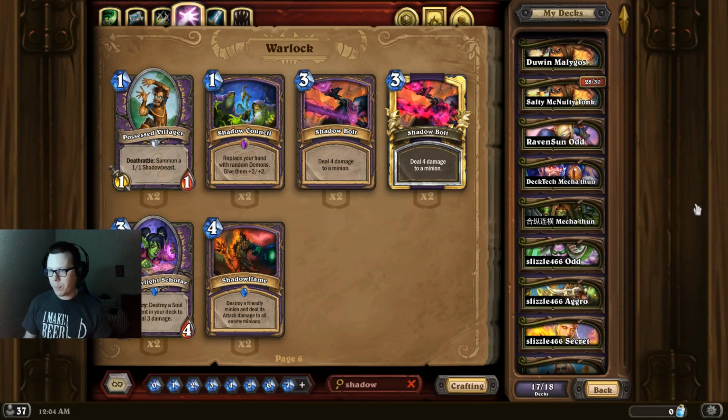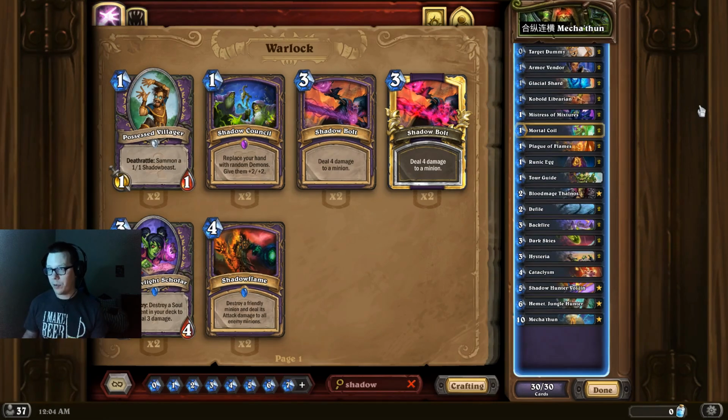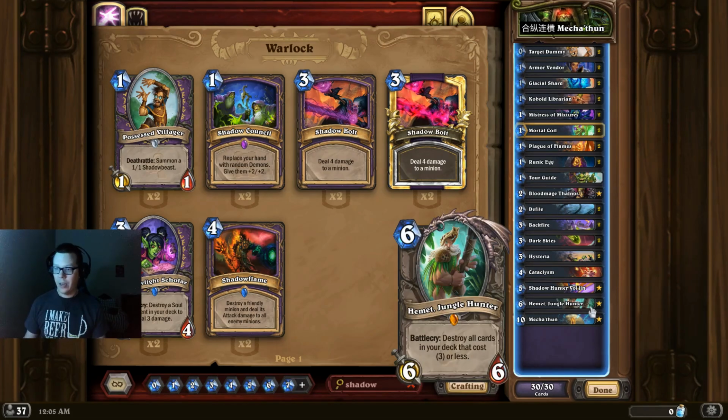Now this next deck is probably one of the most established of all the decks featured here. This is a Mecha'thun Warlock that's been seeing success at top 200 Legend on the China server. It operates very similarly to the Mecha'thun Warlocks we've seen in the past. It uses Hemet, Jungle Hunter to blow out the bottom end of the deck, and when your deck is empty,